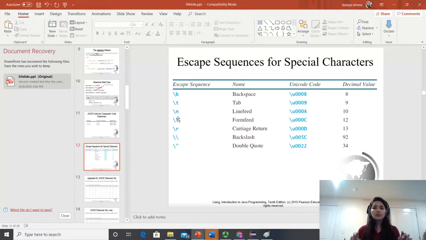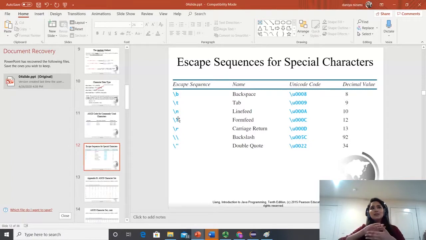For example, if you want to print your string in double quotation marks, when you write System.out.print, you start with a double quotation mark and write something like this is a message. But on the console, those double quotation marks are gone. In my case, I want those double quotation marks to be printed, because I want my statement within double quotation marks. I cannot do it because Java is a programming language and has some syntax. That syntax is that whenever you print a string, the machine knows that if it starts and ends with double quotation marks, it doesn't have to print those double quotation marks. It just prints whatever is inside.